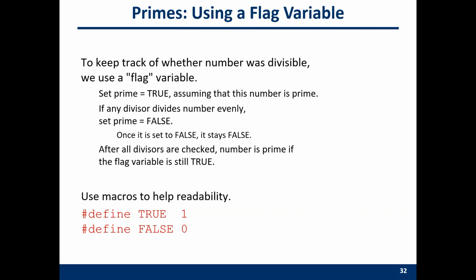So we can keep track of whether the number was divisible by use of a flag. If the flag is true, then the number is a prime. If it's false, then it's not a prime number. We can define the constant variable. Yes, so the true means